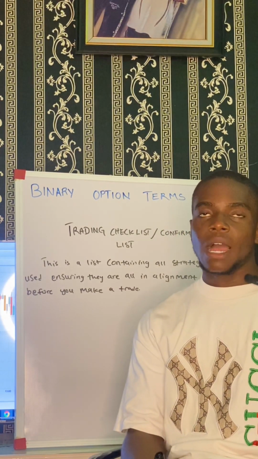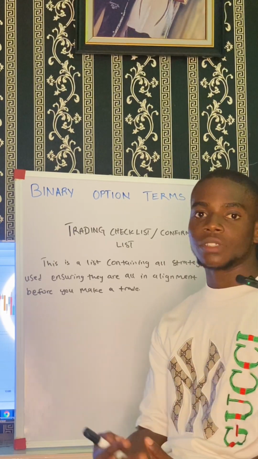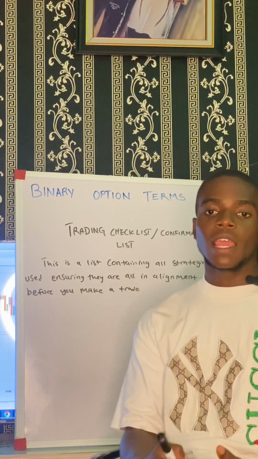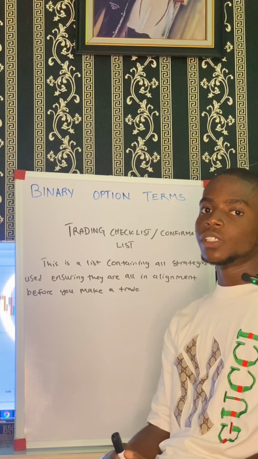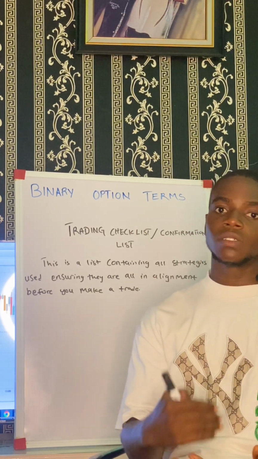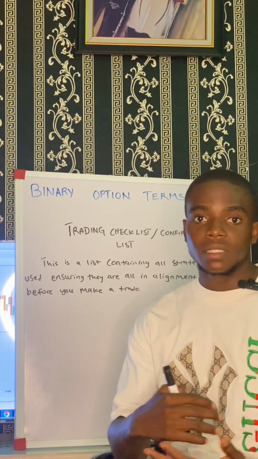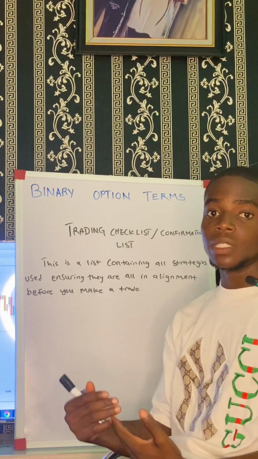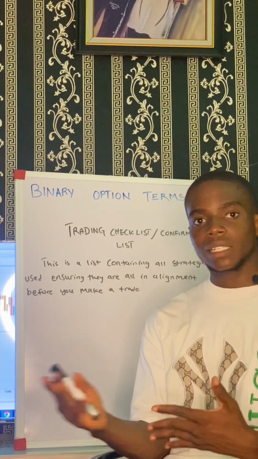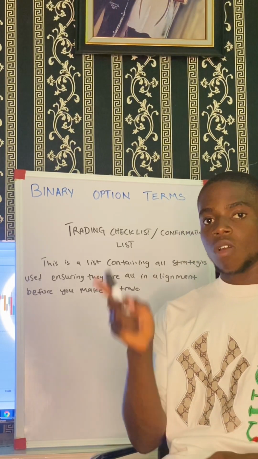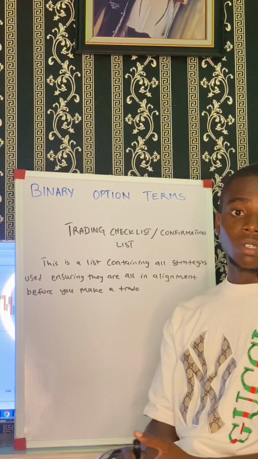For example, I want to make a trade using Bollinger Band strategy. For a buy trade, I'll ensure the 50 MA is below the Bollinger Band and 20 MA above the prices, and the price is touching the bottom, that is below the Bollinger Band, touching the bottom of the Bollinger Band. If I make a trade using Bollinger Band strategy, that is to mark them up, to ensure they are all in alignment before you make a trade. Okay. Now next time, guys,